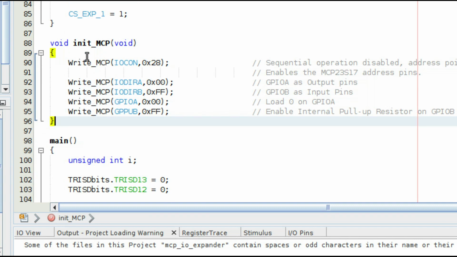Master has the authority to perform read and write operations, right? So in order to configure the slave device, first we need to write some settings to the slave device. We will perform a write operation to the slave device to configure it. So we will see how to write data to the slave device.